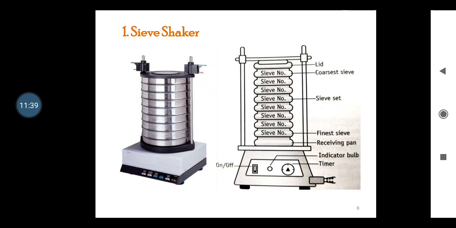As far as the disadvantages, or you can say the limitations, of this sieve shaker method are concerned, the lower limit of the particle size is 50 micrometer. If the powder is not dry, apertures get clogged with the particles, which leads to improper sieving. The third limitation is that during the shaking, attrition occurs, that is particles colliding with each other, which causes size reduction of the particles. So this leads to error in the estimation.